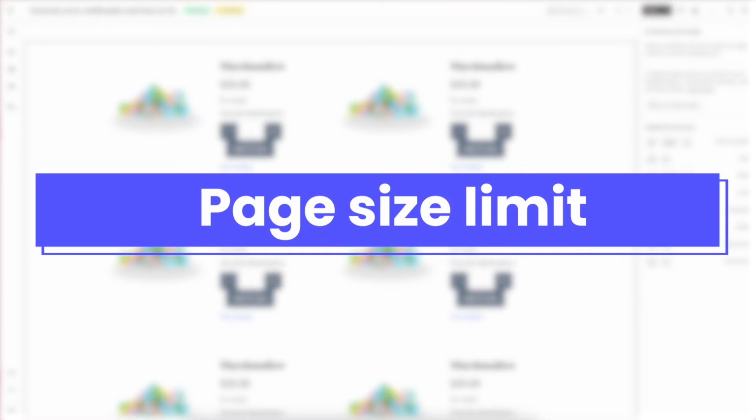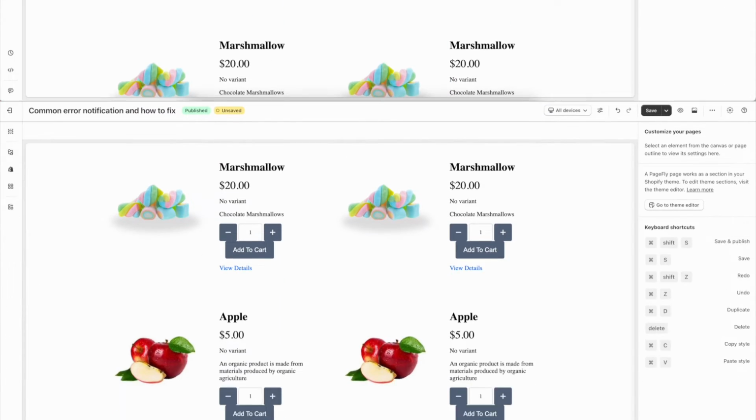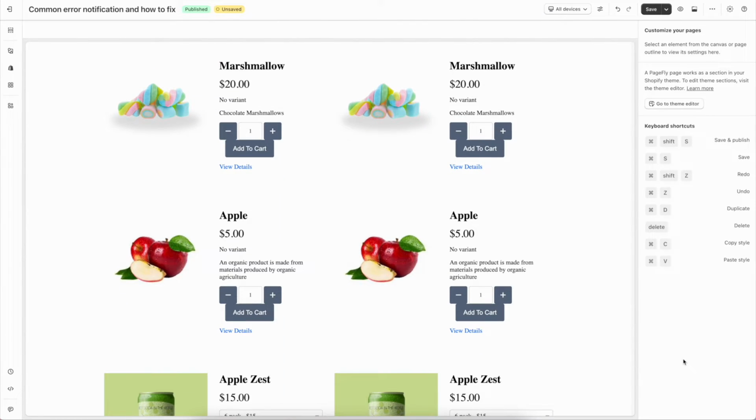First up, page size limit. When you try to publish your page, you get this error message. This happens because your page is currently containing too many elements. To fix this, simply delete unused elements,